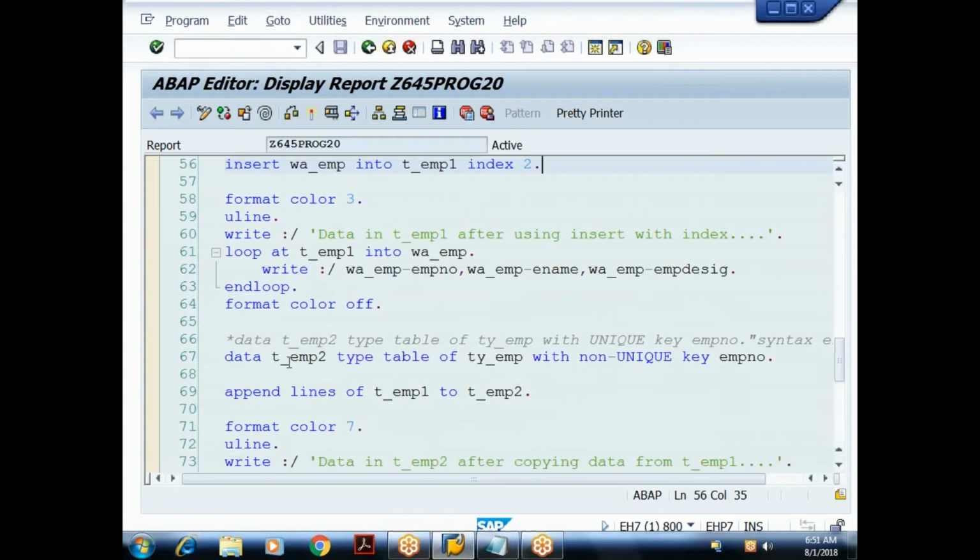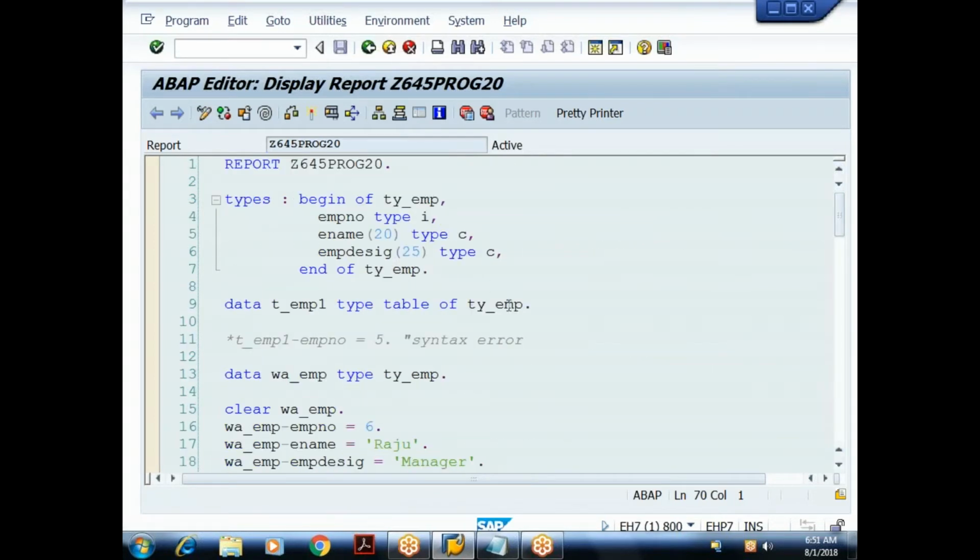Then I declared one more standard internal table, and I told that while declaring the internal table, we can declare the key field. In the first internal table I have not declared any key field. What is the meaning? For a standard internal table the declaration of key field is optional. You may or may not provide the key field.